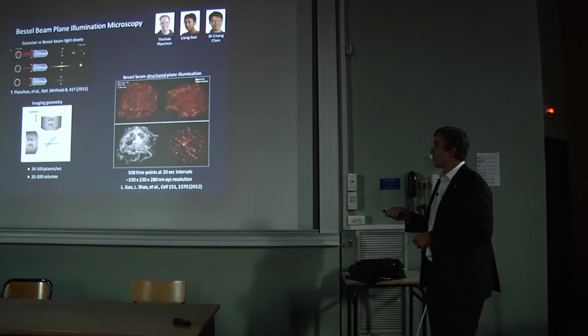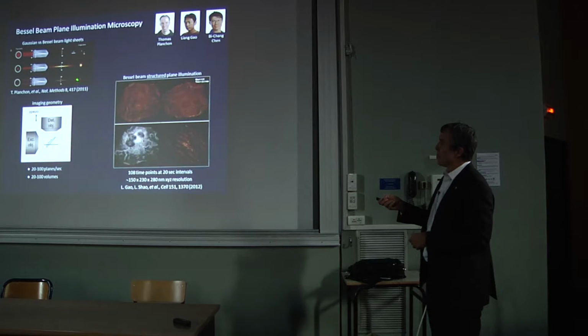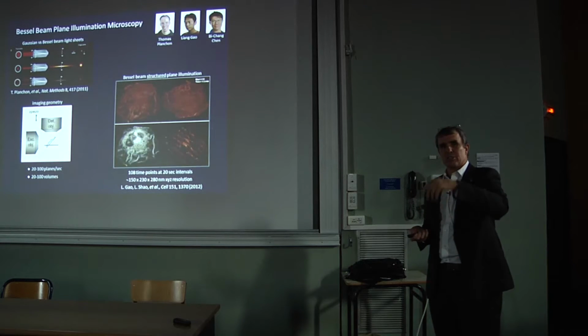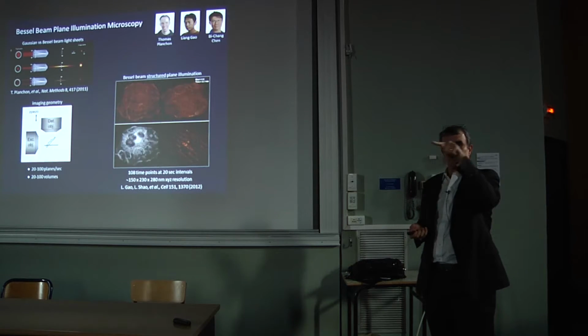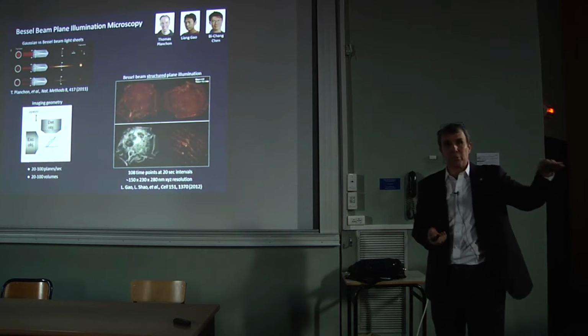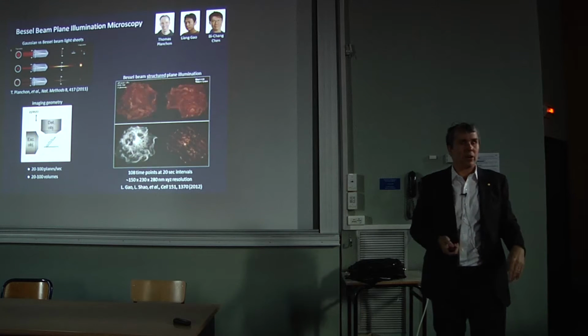There's a problem though with the Bessel approach, and you'll never see it on this screen here, but a Bessel beam isn't just a pencil of light. In cross-section it looks like a bullseye with these concentric rings of progressively dimmer side lobes. And as you sweep the Bessel beam across, that creates some out-of-focus excitation that you don't want.